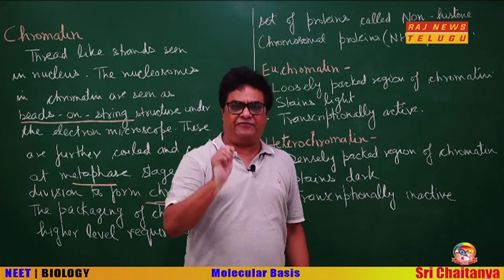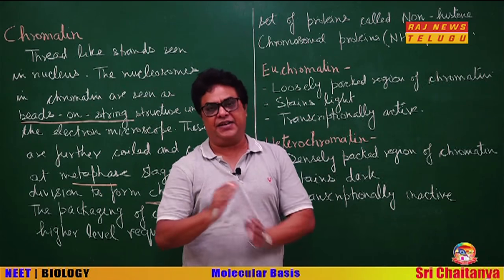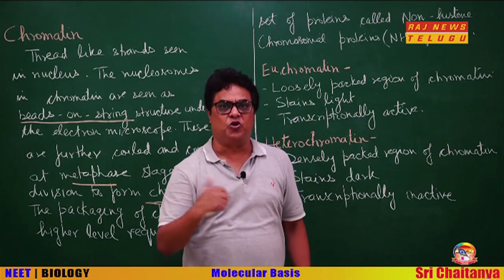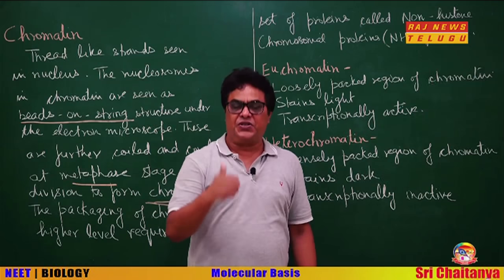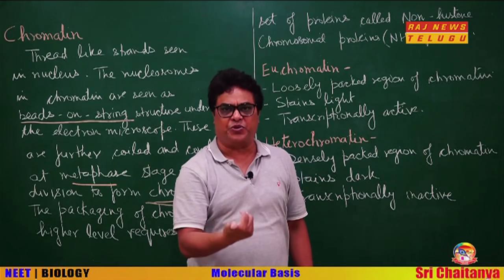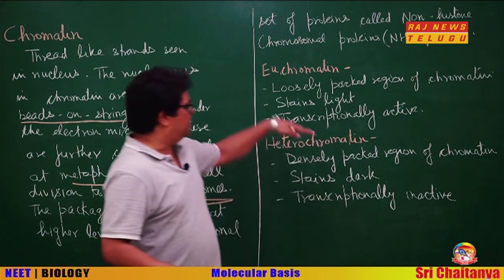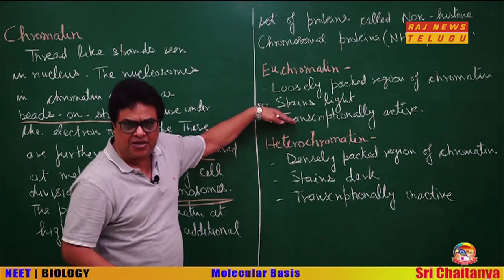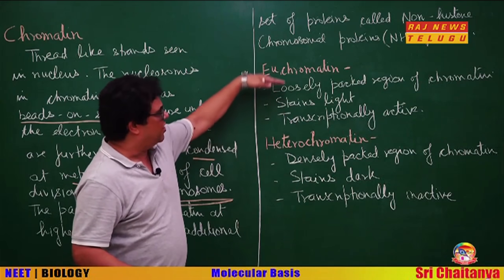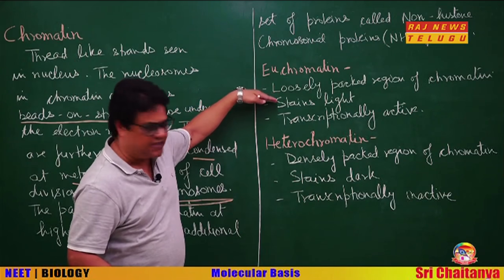Remember, if a DNA has to function as a gene, it should express itself, and you have studied the central dogma of molecular biology. For that, first the DNA has to undergo transcription to produce mRNA, and that mRNA will produce protein. So, this is genetically active or transcriptionally active chromatin called euchromatin, which is loosely packed and light staining,